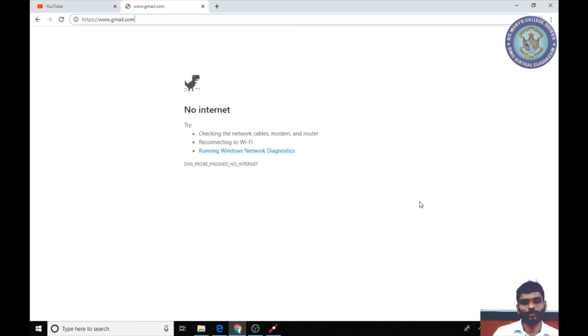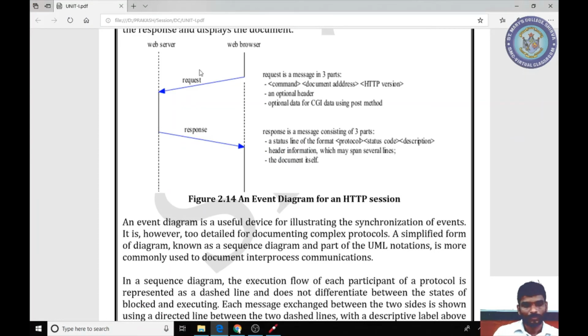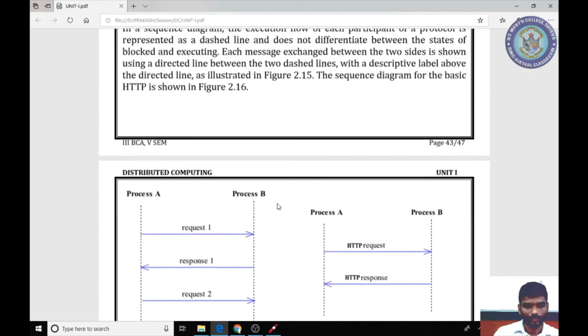So it is in the blocked period, right? Until I get the response, or until I get the reply from the Gmail server. So the web browser that I requested entered into the blocking stage. Now the execution takes place in the server. Once it gets the response, then only I can continue the work. Otherwise, I cannot continue the work.